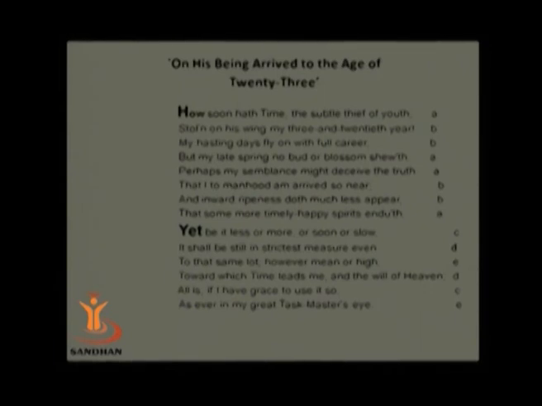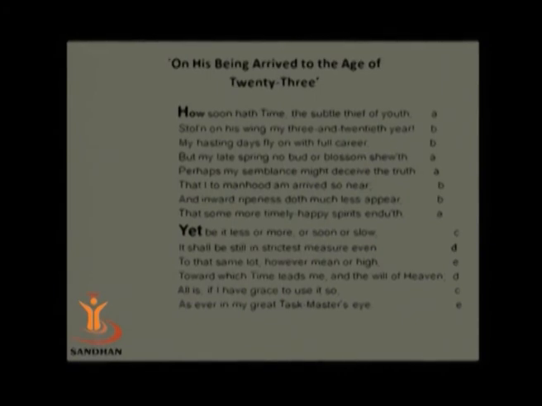You could say in the first 8 lines there is a lament, and in the last 6 lines he tries to console himself. So the last 6 lines become important in that sense, and because there is a slight deviation, a slight variation, we could say that the volta or the slight turn in the thought comes with the word yet. Yet means in spite of whatever has been expressed there, in spite of all the grievances, in spite of